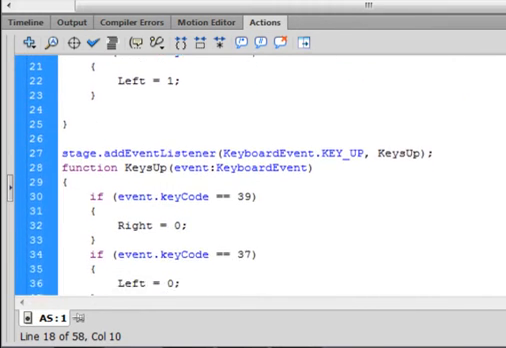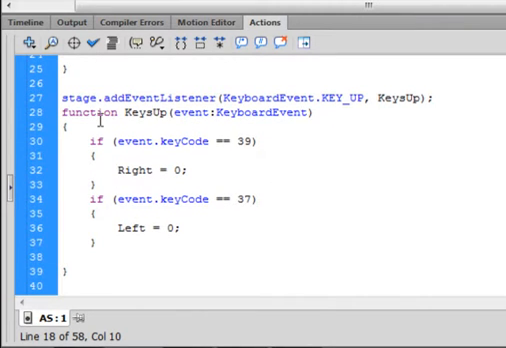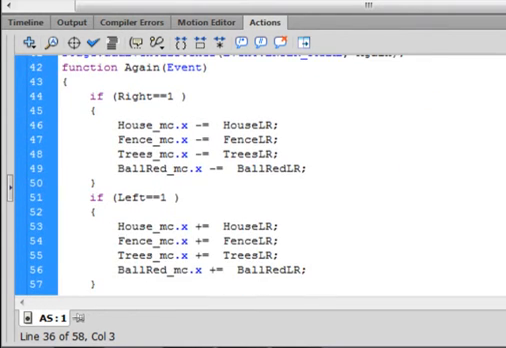It'll become 1. Down here, when I let all my keys go, no keys, then right is a 0 and left is a 0. So when I press a key, I make a 1. When I let the key go, I make a 0. And down here, we're going to write the code that says,